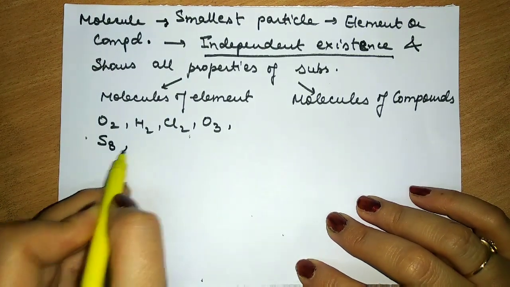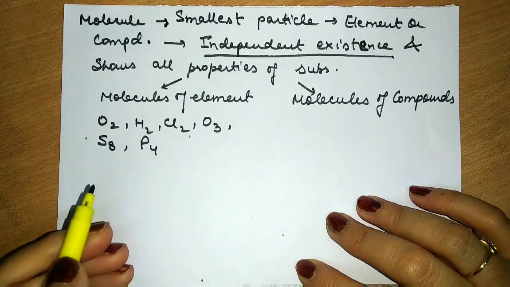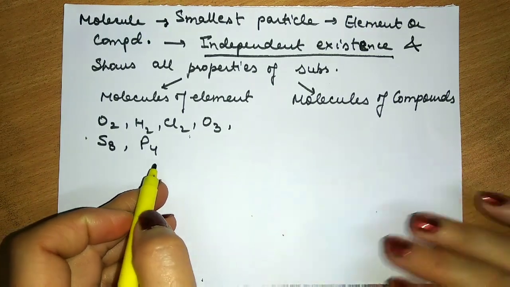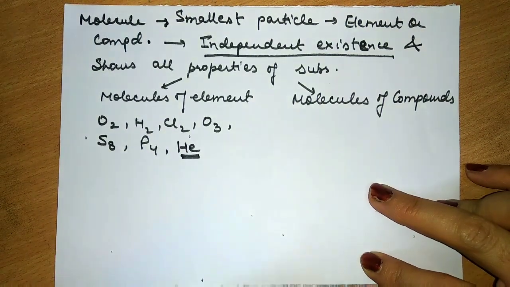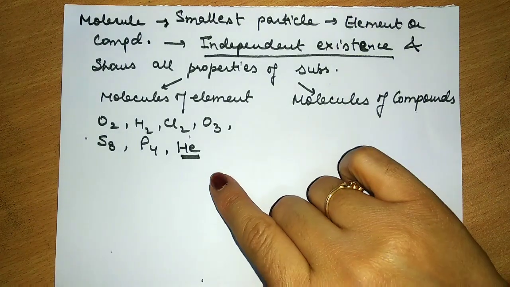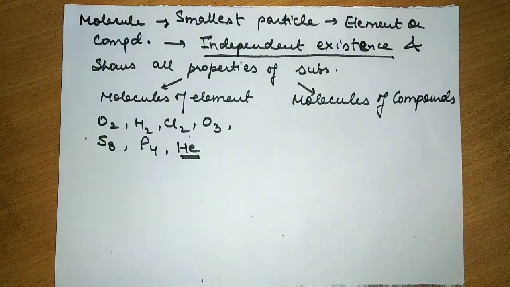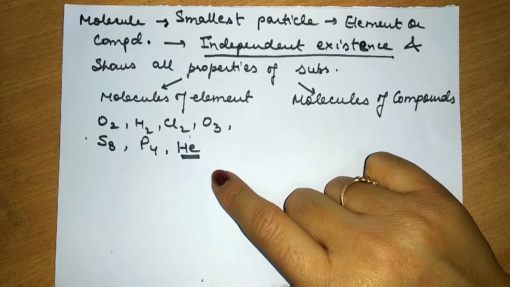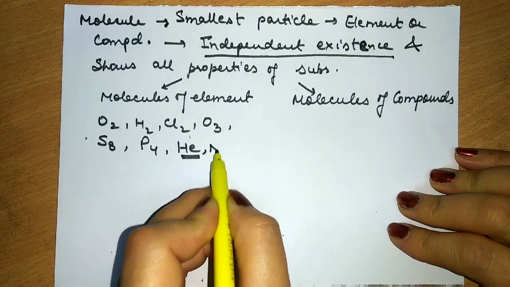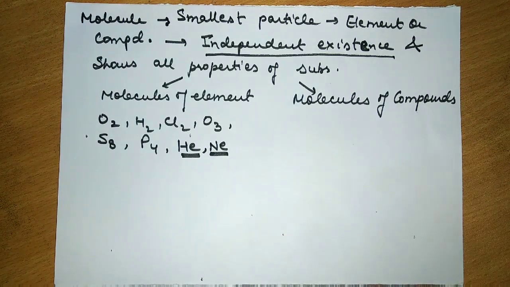It may be triatomic having atomicity 3, means total number of atoms in a molecule is 3. It may be octaatomic like sulfur. It may be tetraatomic like phosphorus. The thing is, it should be same. So we may have monoatomic also like helium. Though we call it as atom because it is single, since noble gases have independent existence, these noble gases are molecules also. So for noble gases, we call them as monoatomic molecules like helium, neon, argon. That means single atom wale molecules hai. So they have independent existence.